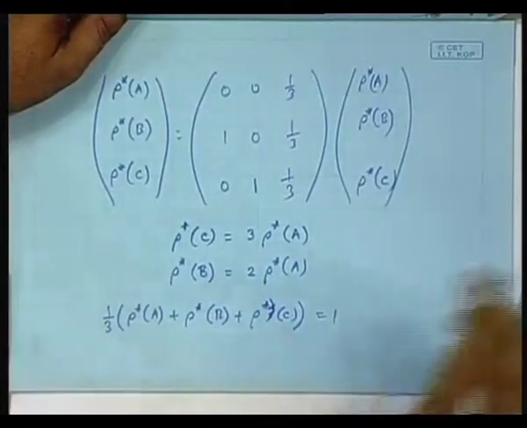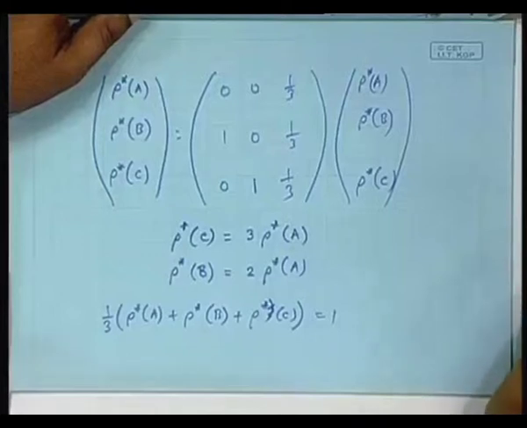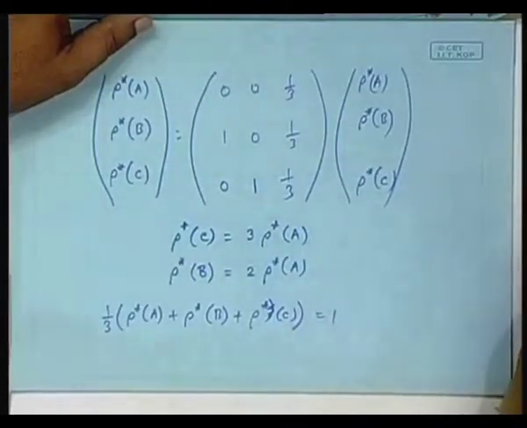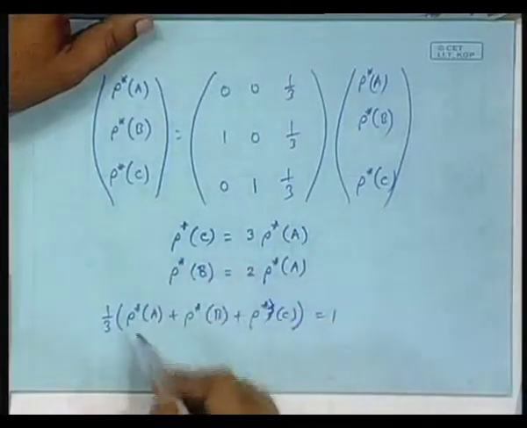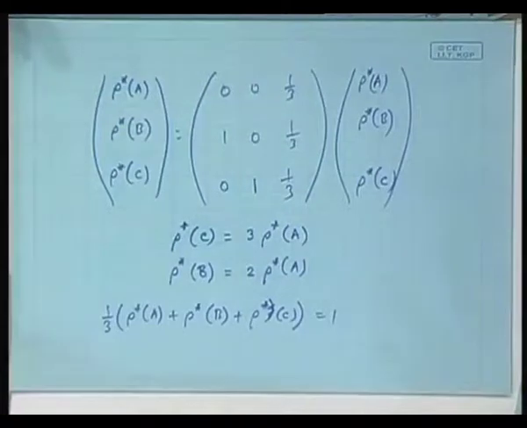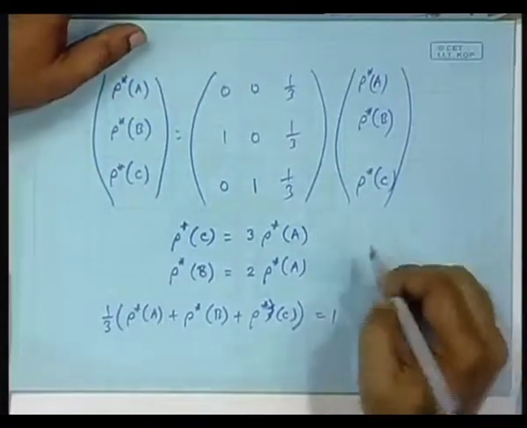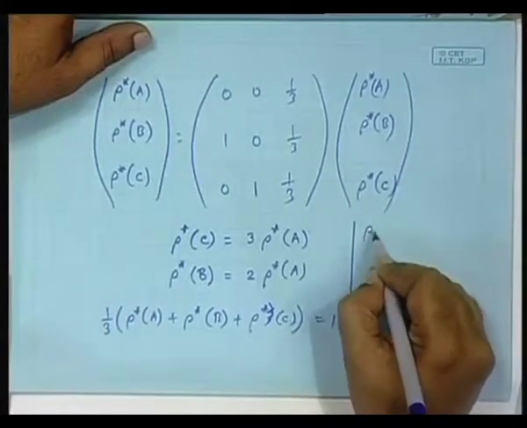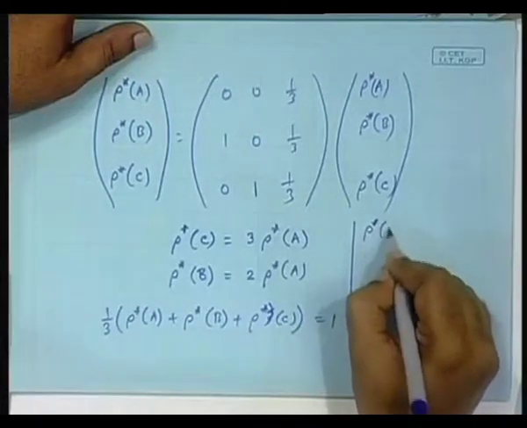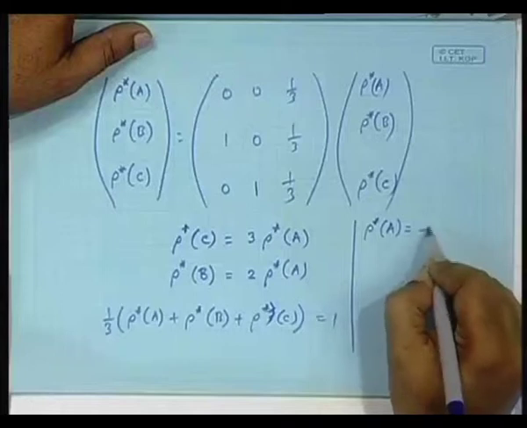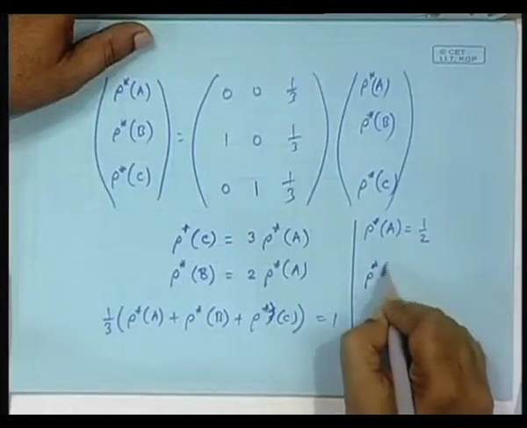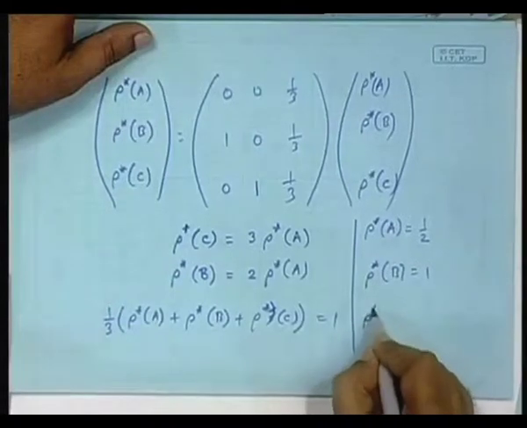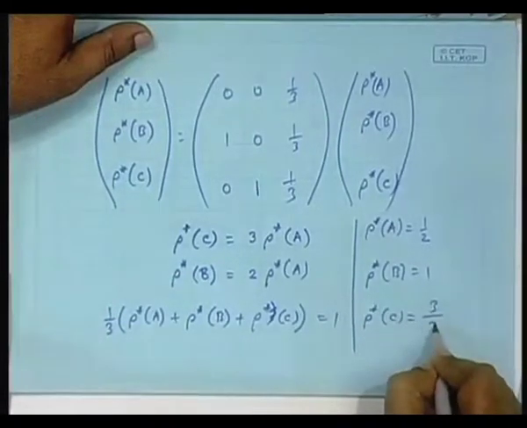So what do you get? No, not 1/6. Find correctly. 3 equations, 3 unknowns, you can solve it. Don't tell me that you cannot. You get rho star A is half, rho star B is equal to 1, and rho star C is equal to